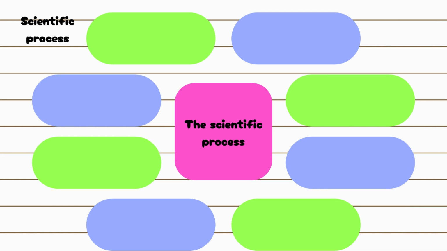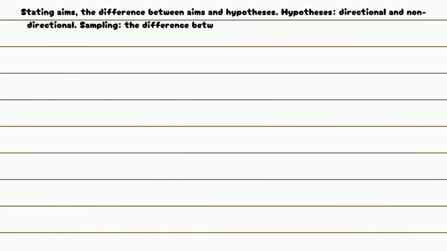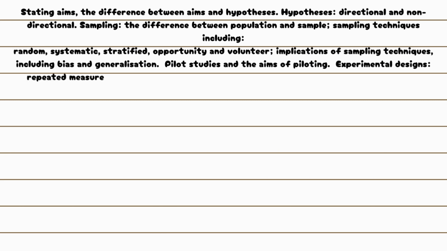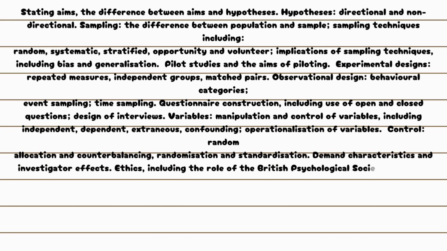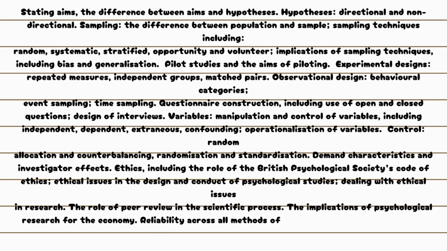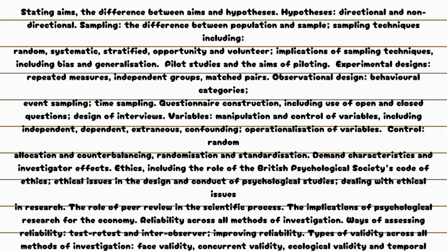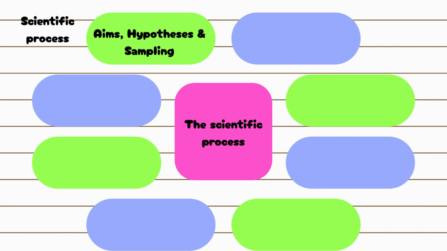Okay, so within topic 8, scientific processes, you will need to understand the following: aims, stating aims, the difference between aims and hypotheses, directional and non-directional, sampling, the difference between population and sample, sampling techniques including random, systematic, stratified, opportunity and volunteer. Implications of sampling techniques including bias and generalization, pilot studies and the aims of piloting, experimental designs, repeated measures, independent